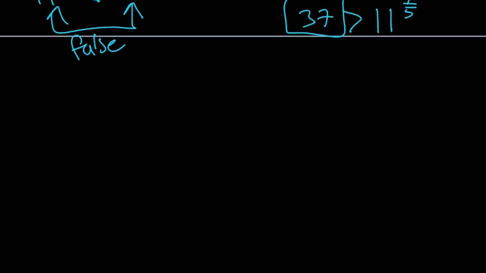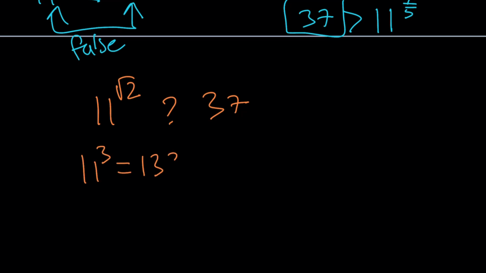So again, we're comparing 11 to the power root 2 and 37. And we're trying to find out which number is greater. So here's what we're going to look at instead. We have 11 to the 3rd power, which is 1331. You should probably know that rule. That's very special. And 37 squared, which is